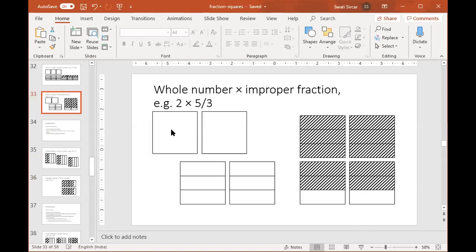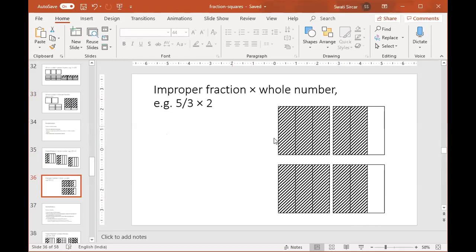In this case, we started with 2 wholes and then we ended up here. In the other case, we started with an improper fraction or a mixed fraction, and then we ended up here. So the starting points are different for the two. The reason this is needed is